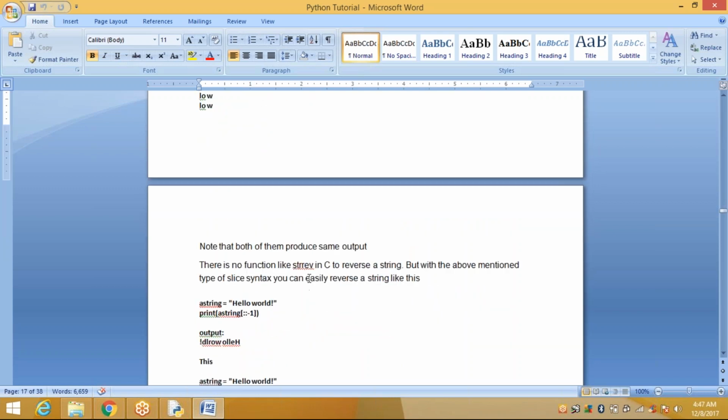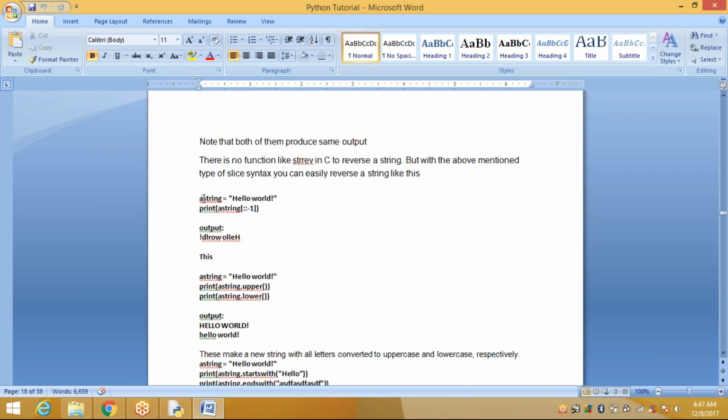So there is no function like strrev in C to reverse a string. But with the above mentioned type of slice syntax, you can easily reverse the string like this. So there is no such method in our C language. Only we have the method in our Python. In the same way, print a string colon colon -1.